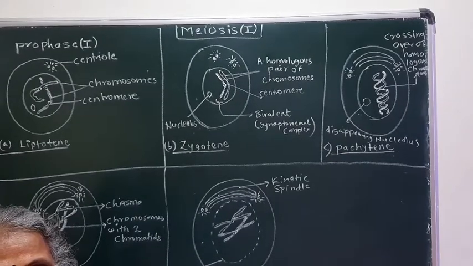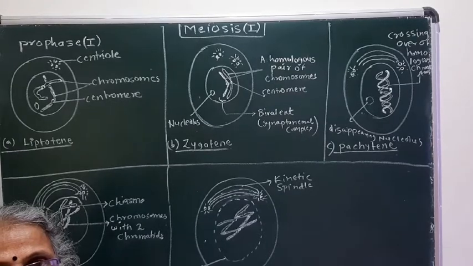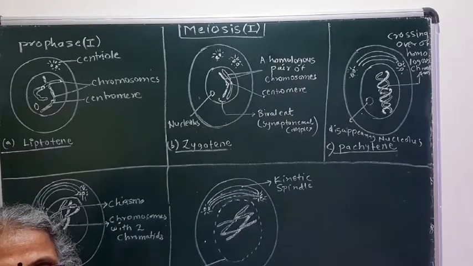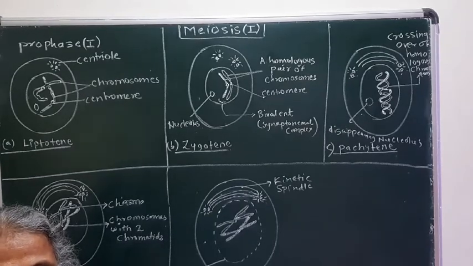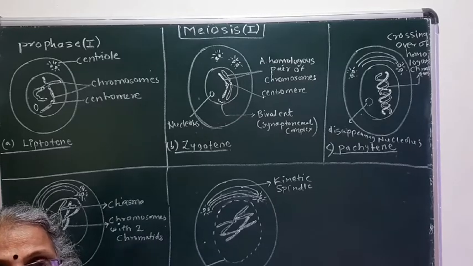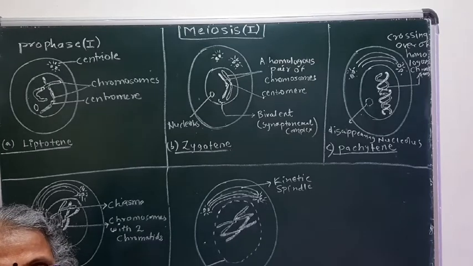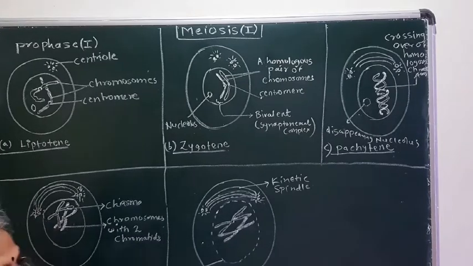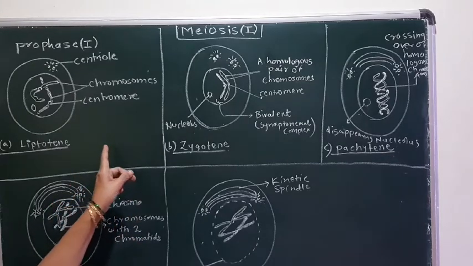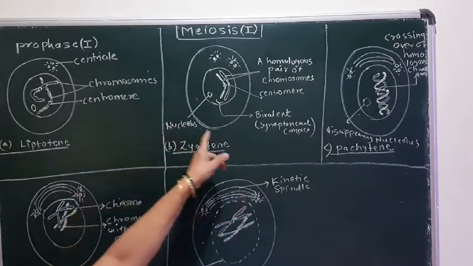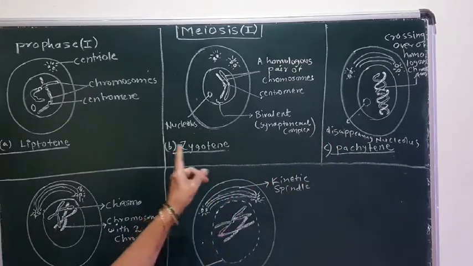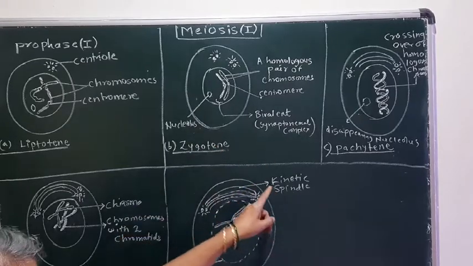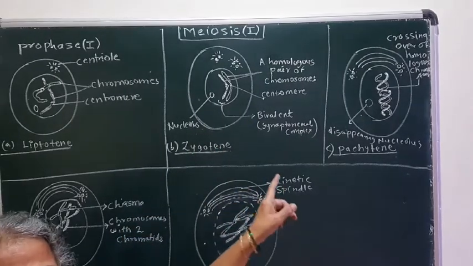In mitosis we have seen the chromosome number is retained, and thus in mitosis 2 daughter cells are formed. Now in meiosis 1 there are again 4 phases: prophase 1, metaphase 1, anaphase 1 and telophase 1. But in prophase 1 again there are 5 stages, which are leptotene, zygotene, pachytene, diplotene and diakinesis. Followed? So these are the 5 stages in prophase 1 of meiosis 1 that we are going to see.